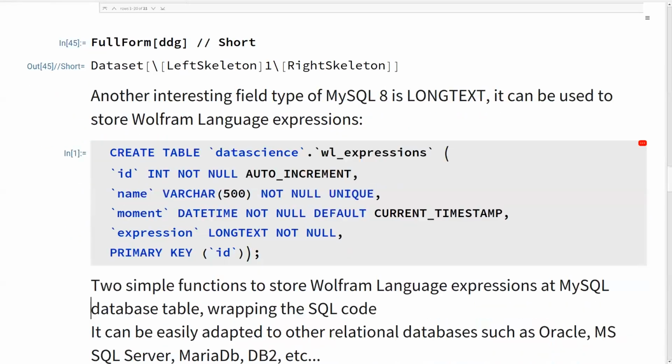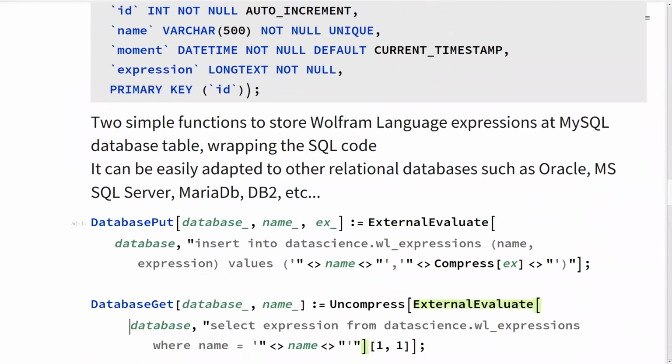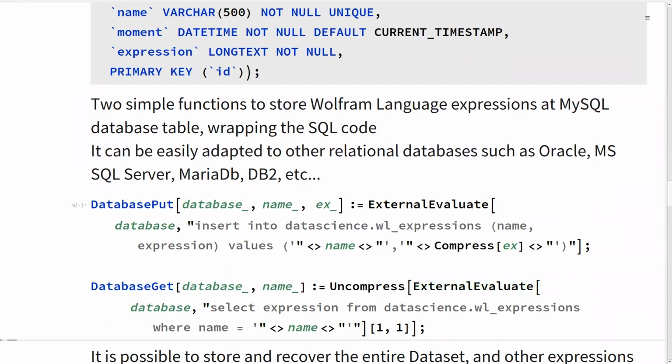And so what I can do, I build here two simple functions, okay? I create this table in MySQL, and then now I have two functions to put information there and to get information back using that long text field.